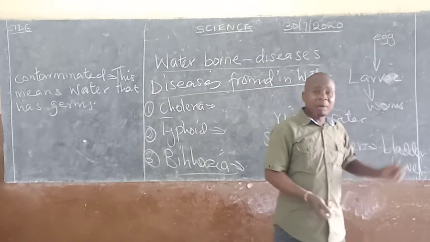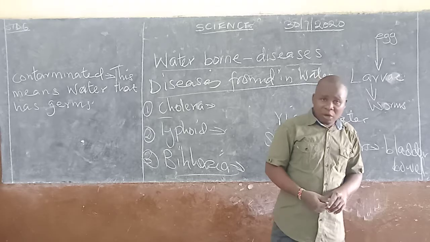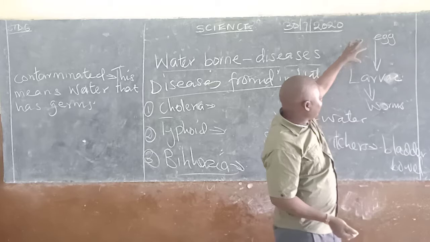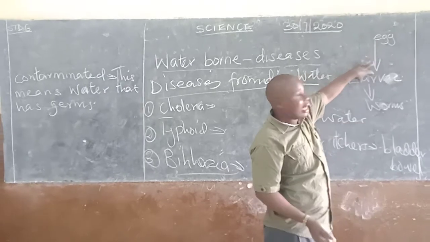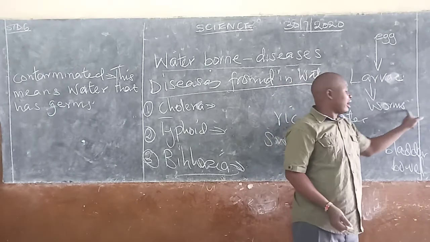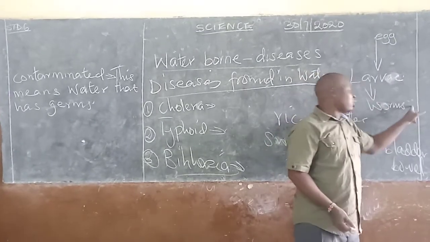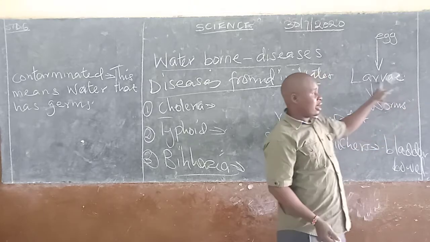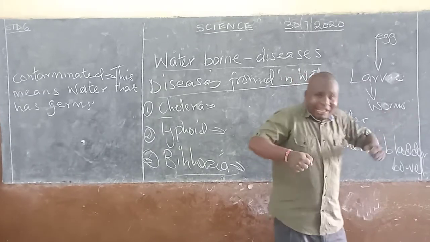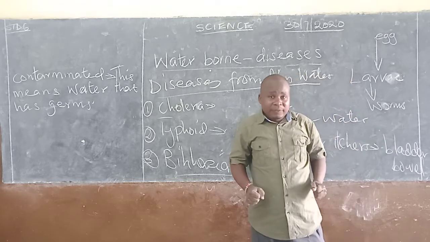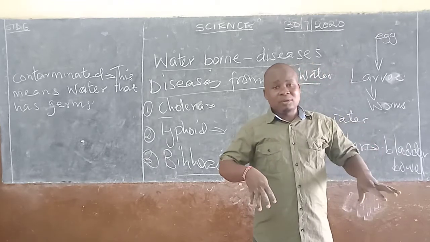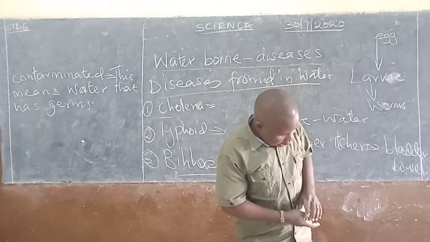Why is there fever after about a week? Because the eggs are released in the water. After the eggs have been released, then they hatch into larvae. All this process, then when they are worms, when you come in contact with the stagnant water, then they get into your body. Then for them to develop, they take around 14 weeks. And then after they have developed, they start releasing the what? The eggs also. So you must also be treated.